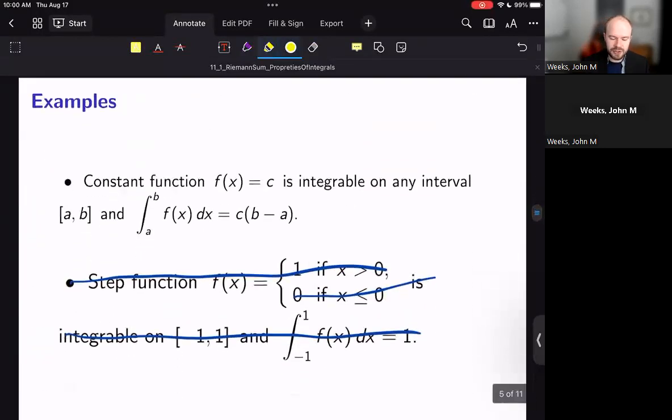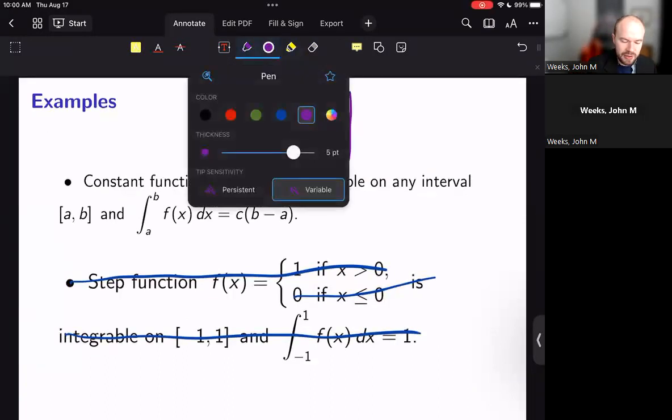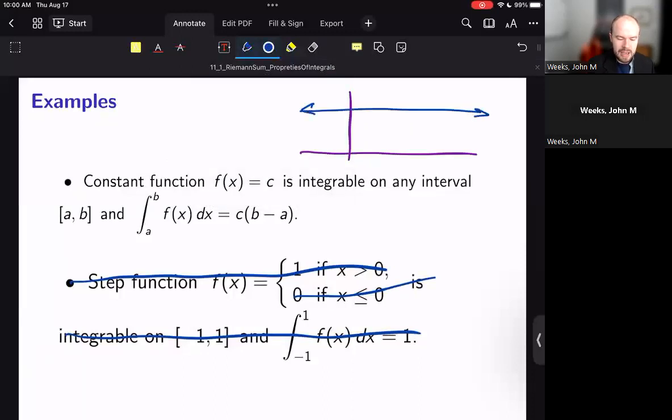For example, the constant function is integrable on any interval a to b, right? Anytime that you're making any partition of the constant function, so here, let's say that this constant is right up here, and this is going from a to b, any partition that you make of this is going to be exactly the same, right? I divide this up into whatever kind of intervals I would like. And the height of those rectangles is always dictated by the exact same y value because the y value is always the same throughout this entire function. So regardless of my partition, finding the area underneath the curve here is going to be the same as finding